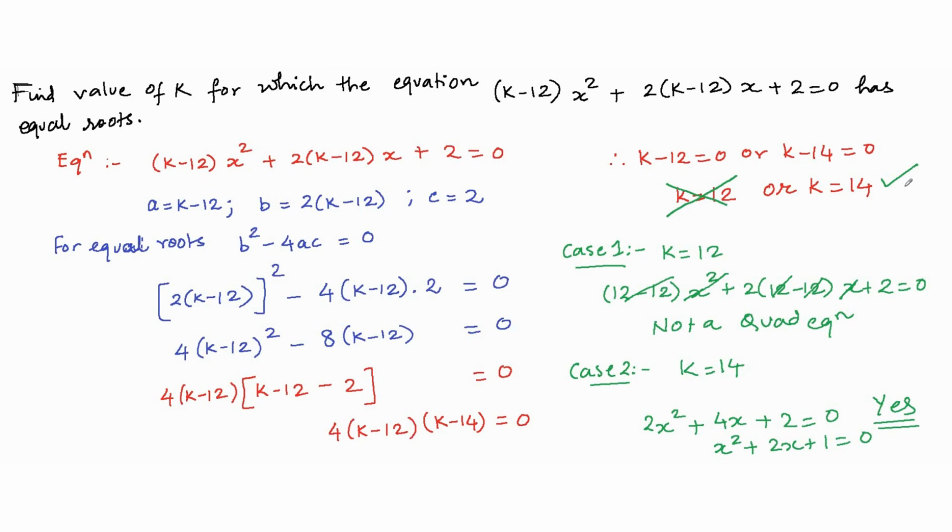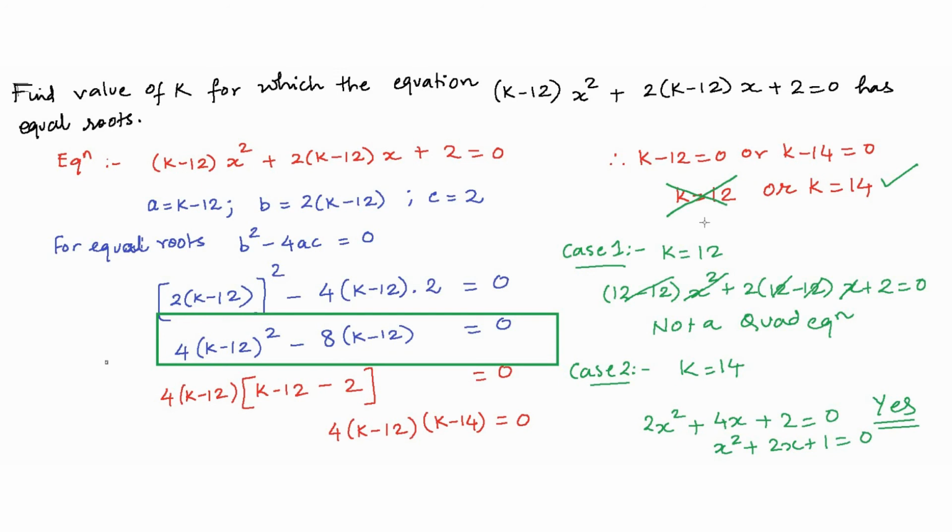So what I wish to show you in this example is, there were two values of k that we got, 12 and 14. That was a result of the quadratic equation. Also, please notice that instead of opening up the brackets in this step, I decided that factorization was very useful. So I took 4 out as common and k minus 12 as common. That made my task simpler and I was able to get both the values of k.